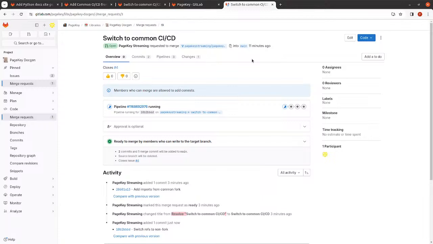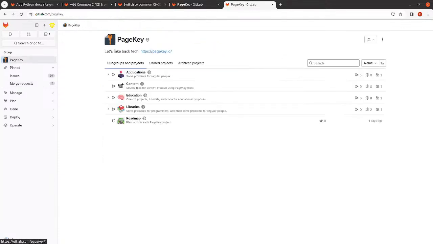So I'll merge that as well, and then we can get going. PageKey Docgen. Switch to common CI/CD. That looks good. Yep, I'm going to merge when it succeeds. And that's good. Okay. So with both of those done, let's quickly apply this to all the other repos, and